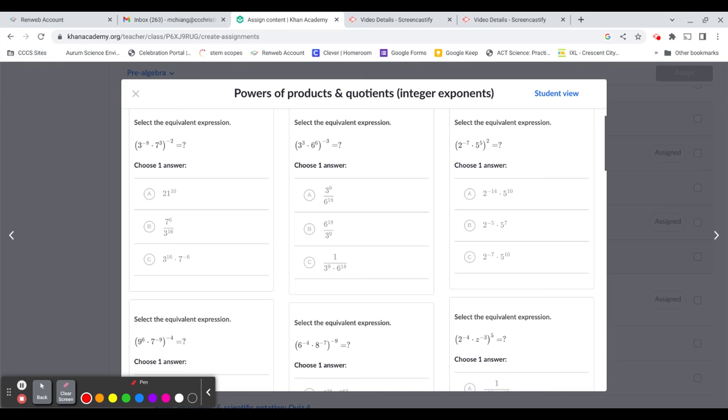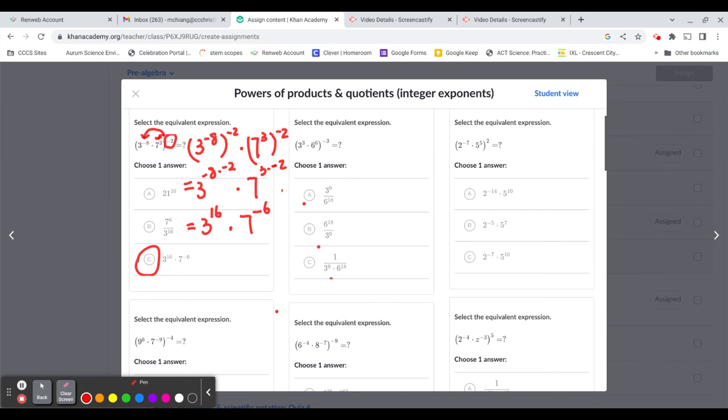Our last part is powers of products and quotient. So, very straightforward. It's the same idea that we did before, okay? But just with integer exponents. So we have a negative 2, and we have to distribute to each. So 3^negative 8 times negative 2. Multiply 7 to the power 3 and then negative 2, right? So power over power, you multiply the power. So 3^(negative 8 times negative 2) times 7^(3 times negative 2). What you get? Negative 8, negative 2 multiply, 2 times 8 is 16. Negative, negative become a positive. Times 7^negative 6. However, remember,